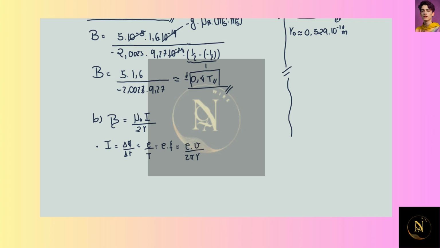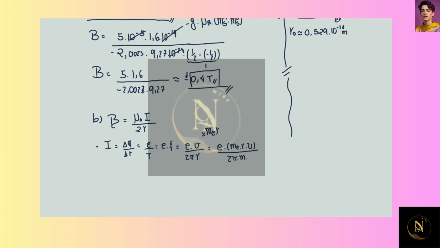Now we can multiply both the numerator and the denominator by the mass of the electron times the radius to get e times me times r times v divided by 2 pi